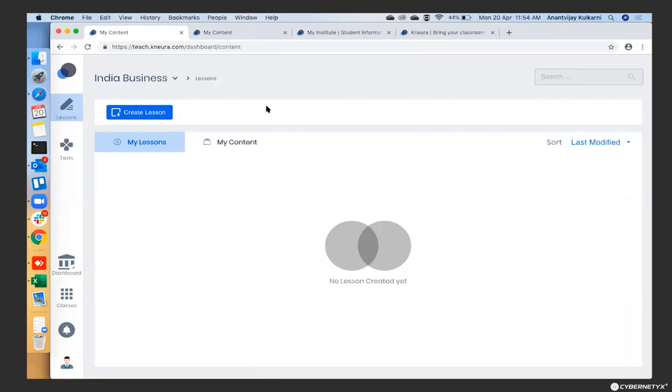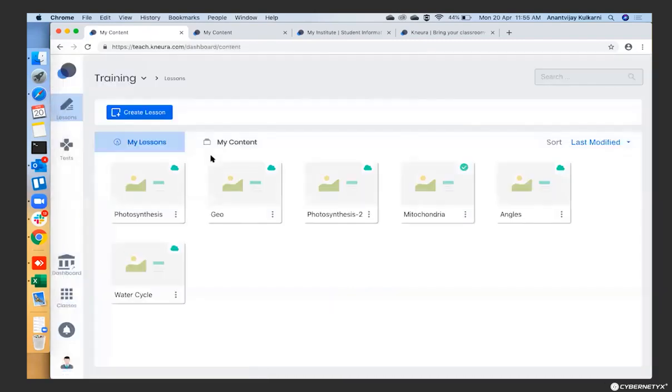So the first part of this entire demo was to look at how we can virtualize our institute, and that we have done. Now the next part, as a teacher, the next thing would be to create the content that she has to teach, right? So here, Kneura comes with a built-in